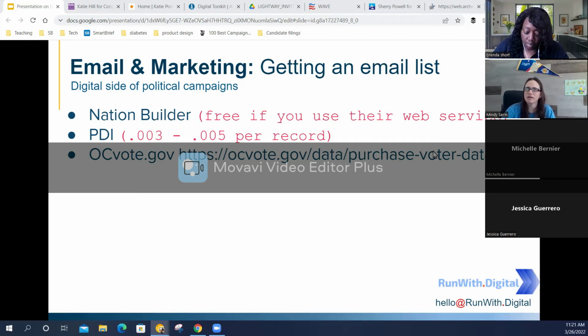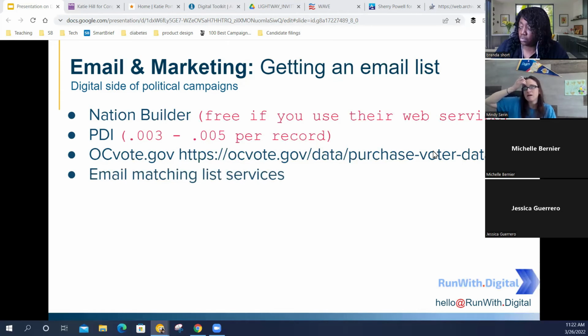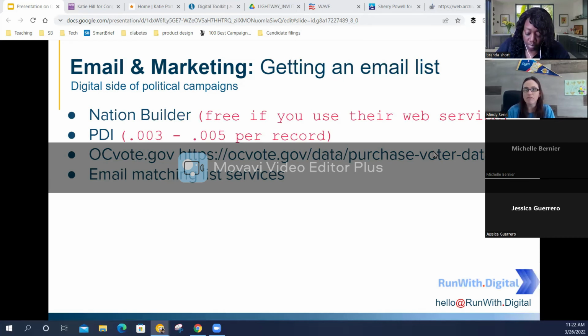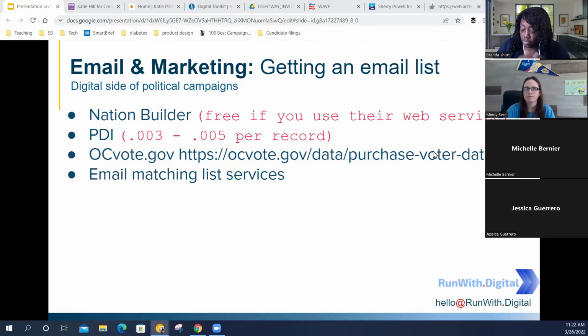But in addition to the email list, you can do email matching services. Basically, the list that you get from the voter database is not always the most thorough, the most complete. So you could then send off names and addresses to email matching services and they can find that information. And there are also appendages, like interest appendages. So these people are registered gun owners, these people are likely parents and whatnot, and you can do niche marketing based off of that.